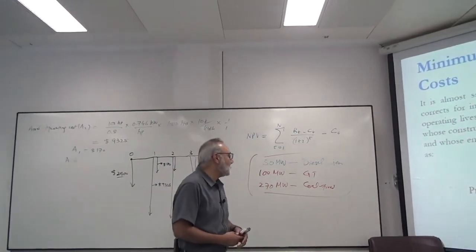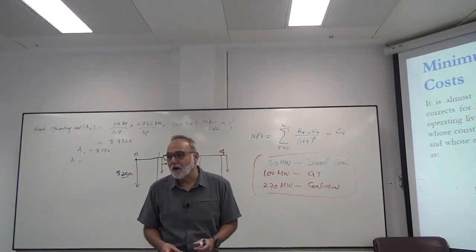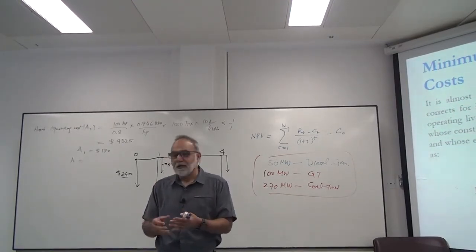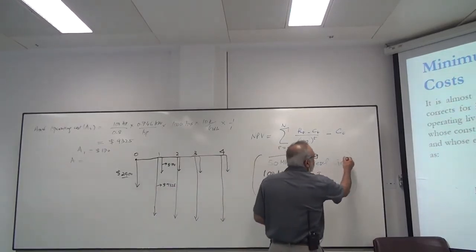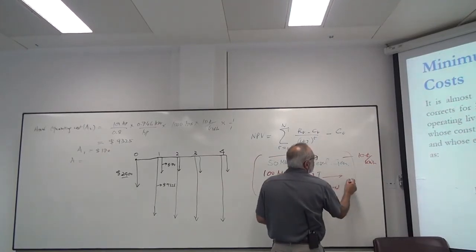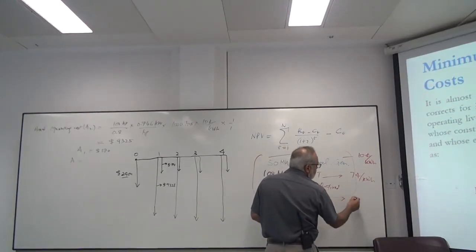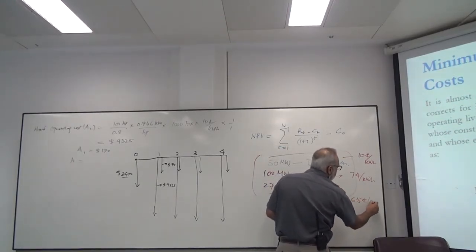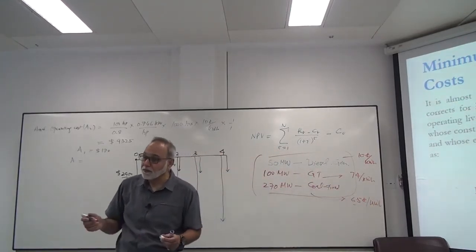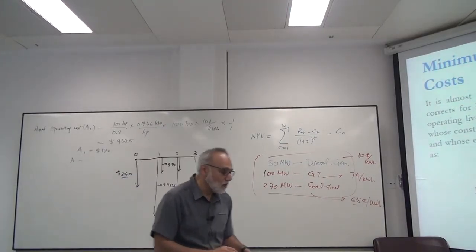So here when we are talking about power, we can find out the cost per kilowatt hour and then we can compare. For example, the cost per kilowatt hour of this one is 10 cents per kilowatt hour. Here we find 7 cents per kilowatt hour. Coal fired maybe 6.5 cents per kilowatt hour. So our analysis will tell that coal is a better choice, perhaps. So we can do our analysis on a per unit basis.